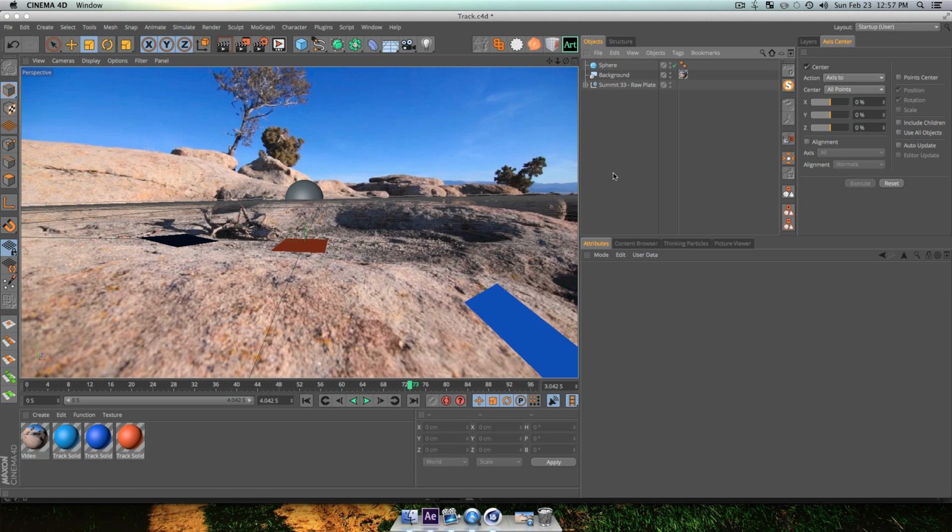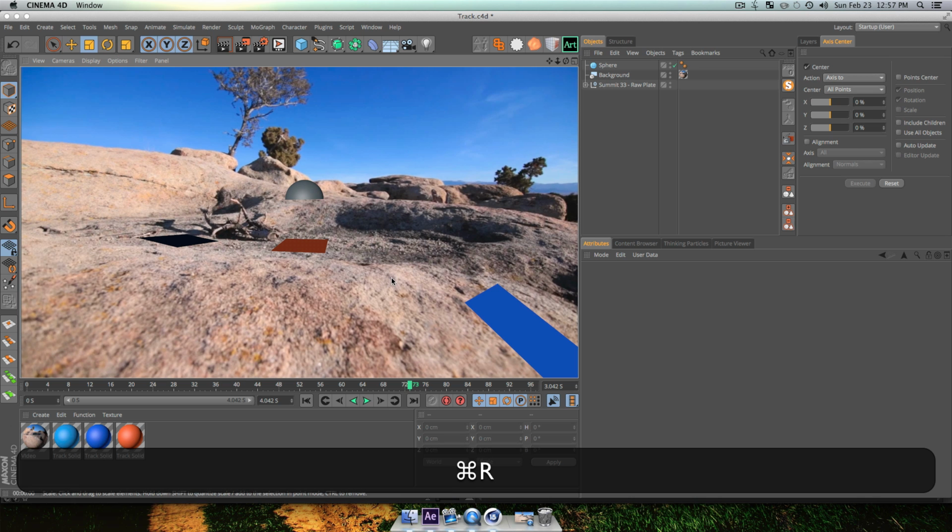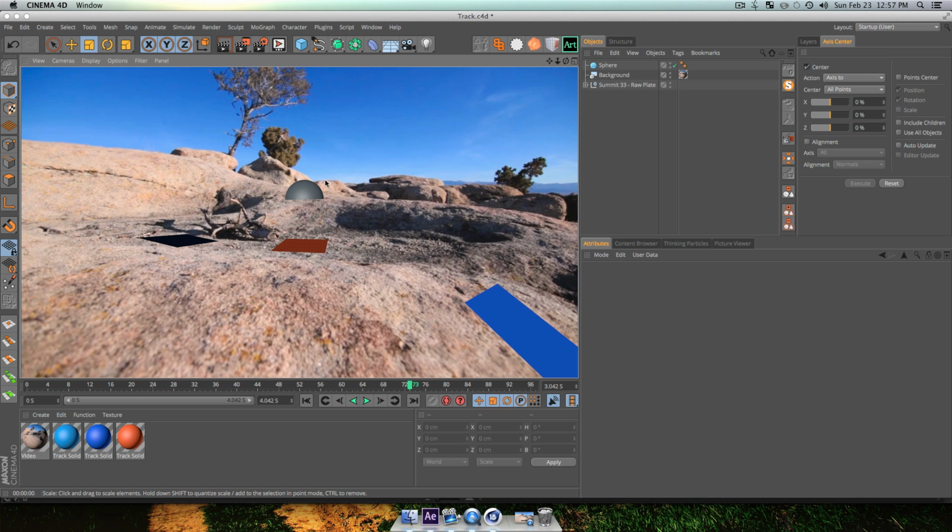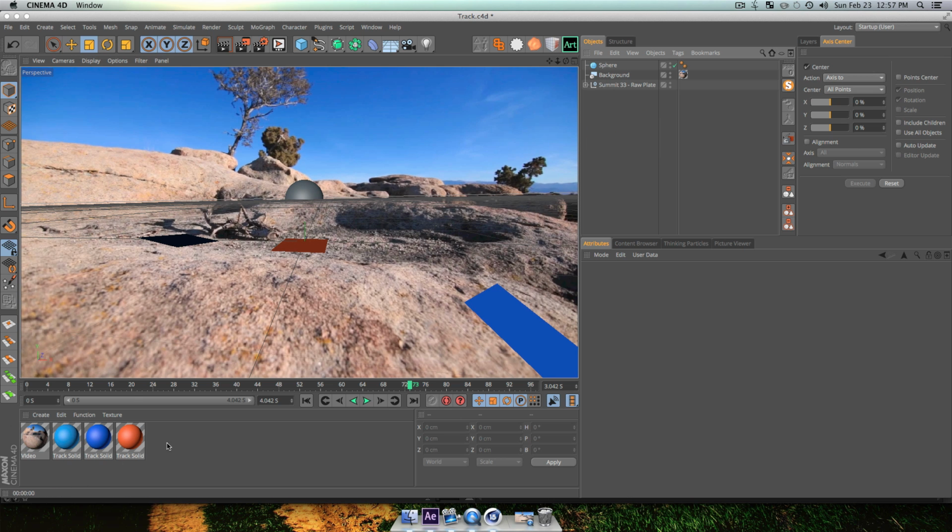And that's just a basic shape just to show the reflections of the scene. So if I do Command R on my keyboard to do a quick preview, this looks really horrible. It looks totally crappy 3D, something off the Sci-Fi Channel if you guys are familiar. So let's make this a little bit better.